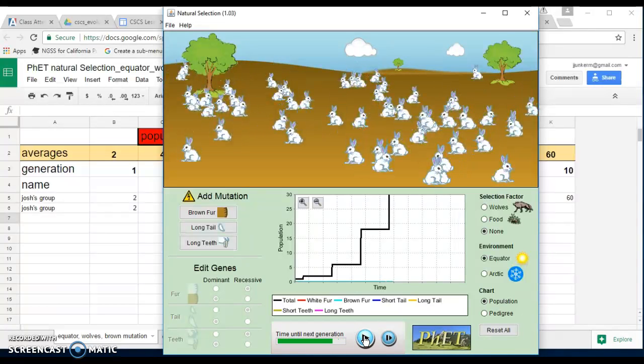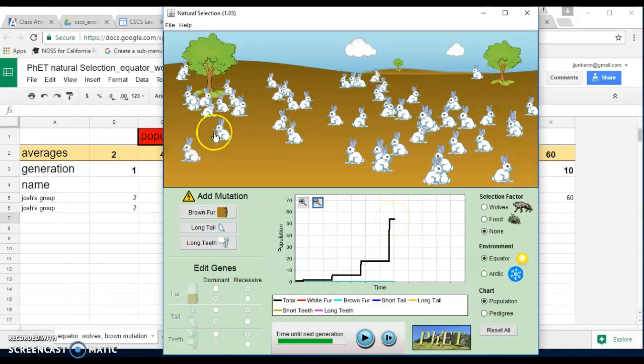Alright, so the third generation just ended, the fourth one just began. And you can see that the data on the graph has gone out of view. You can zoom in or out just so that we can focus on the data point and where it's at. Right now, I doubt you want to count all 50, right? So you can see the graph starts becoming a better estimate of the population. This is tedious. Now, you could do this, and some biologists out in the field have to count every single individual they see, right? It's an observational study, but in this example, just estimating from the graph is probably going to be faster,